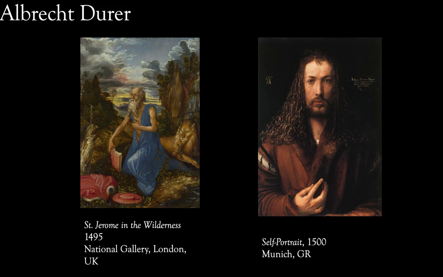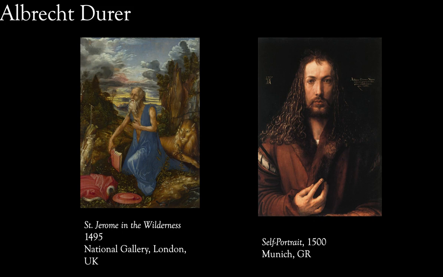Durer is also considered to be a Renaissance man because he was multi-talented. He used a lot of forms of media in his art, so he was a multimedia artist. Although primarily a painter, he was also a writer. He's known for his wood engravings, his altarpieces, his portraits, his self-portraits, paintings with watercolors and oils. But he also wrote theoretical treatises on mathematics and perspective and proportions, right? So he was a consummate artist and writer. All right, so let's take a look at two examples of his paintings.